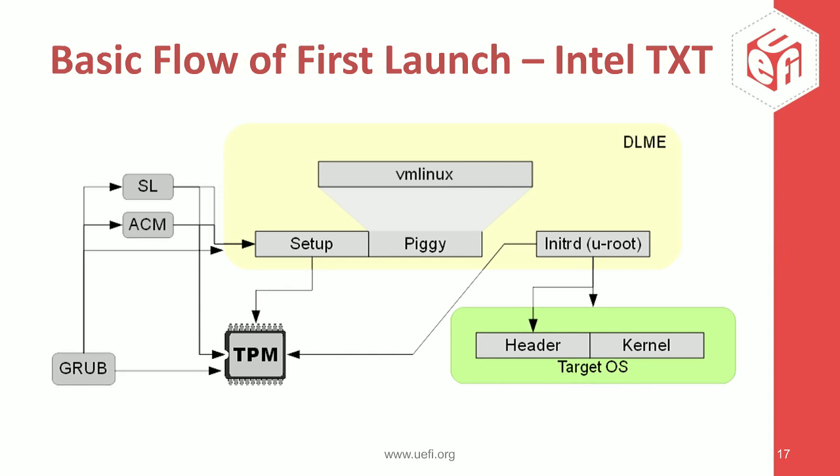For example, it takes measurements of command line which were passed to the DLME. And after that, the control is passed to the Linux kernel proper. Linux kernel proper does final platform configuration. It starts up all APs, etc., and then